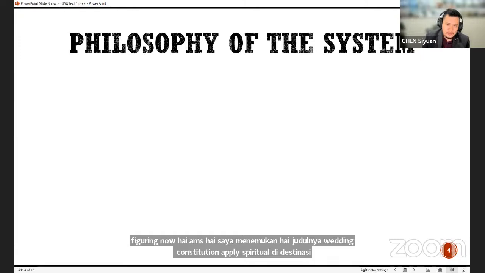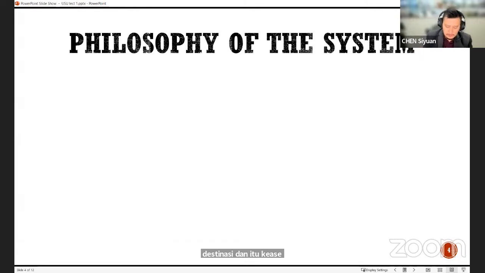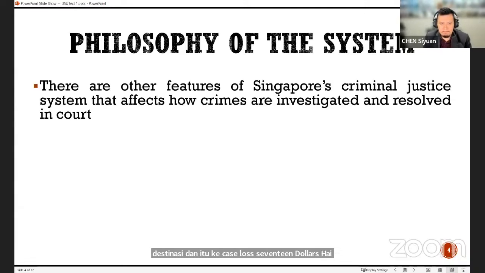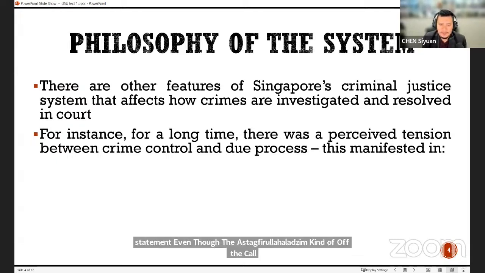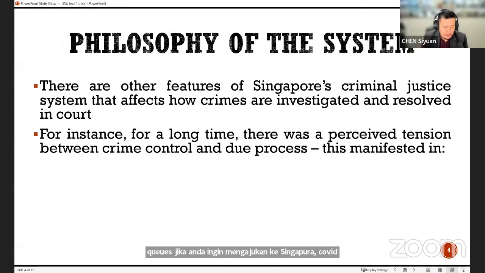Now, I will be brief on this slide because I really want to get into the details of our system. But I think it's also important to be apprised of the following points. So in Singapore, you might know this, we have a reputation for being tough on crime. We have a few slogans that our police have tried to imbue into the public consciousness over the years. One of which would be low crime doesn't mean no crime. So just because there aren't that many crimes doesn't mean there are no crimes, right?